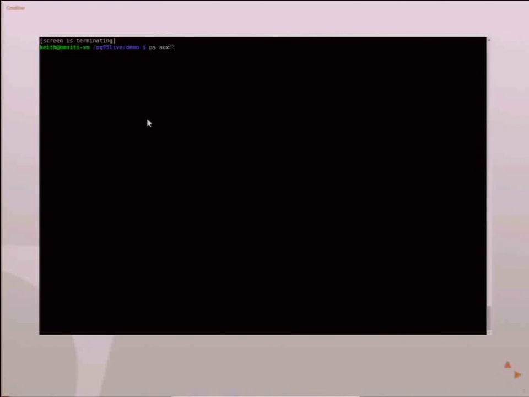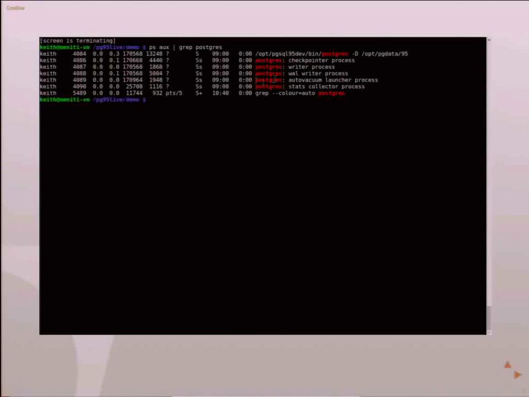So right now, if I do this, you can see all the Postgres processes that are running here right now. And if you had multiple clusters running, the only thing that would really identify what this is would be kind of this first one up here. But you don't really know which one of these other processes is associated with that one.